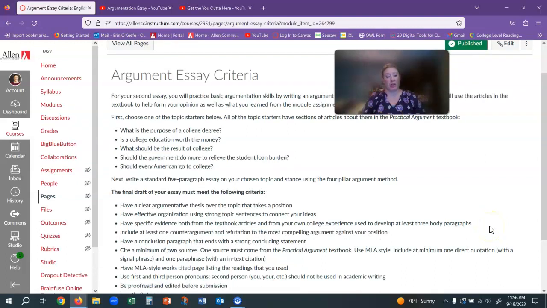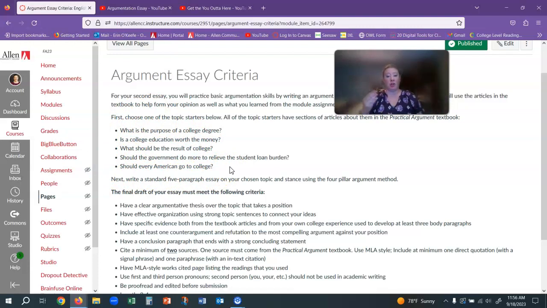So this is just the criteria, just as a reminder, again, what we're working with. This is the topic that you chose 2 modules ago. You did a pre-writing journal and you wrote about some of these ideas. Your essay does need to follow one of these topic starters. And so you have some choices here as to kind of the question, the big question to ask yourself, and